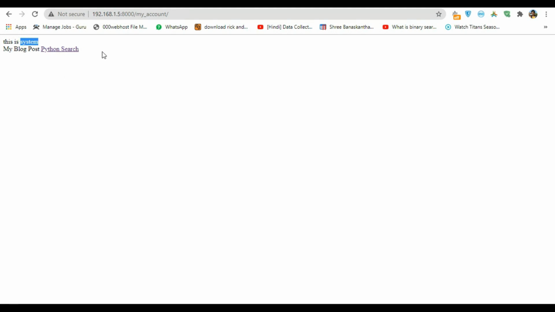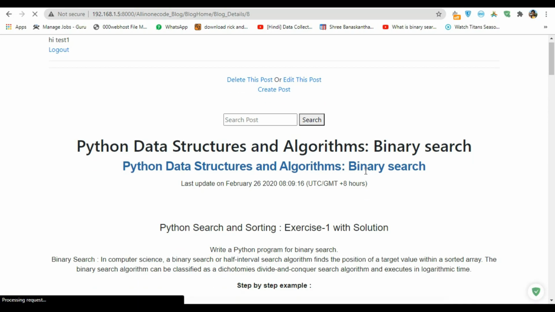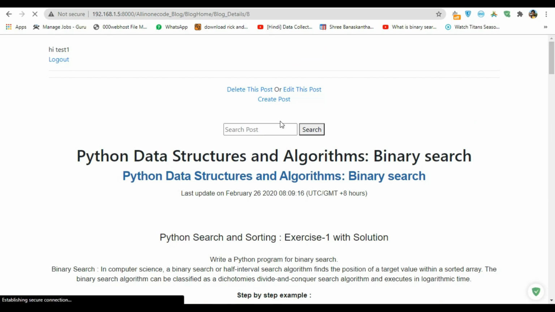I just logged in with test1 and I got only one post in here too, Python data structure and algorithm. When I click on that particular post, it redirects me to that post, Python data structure and algorithm binary search. Here you can see the three main options: delete this post, edit this post and create post, and obviously the logout button.